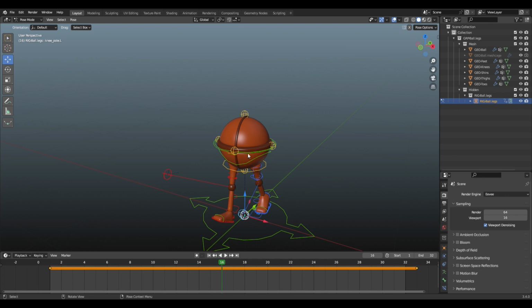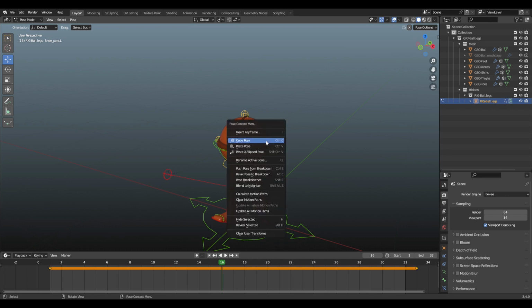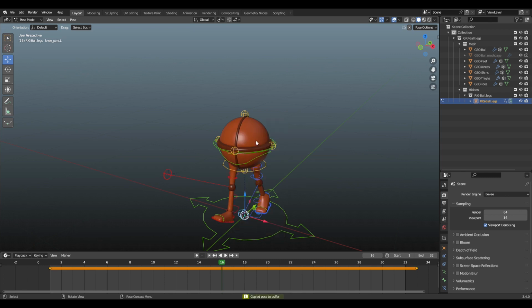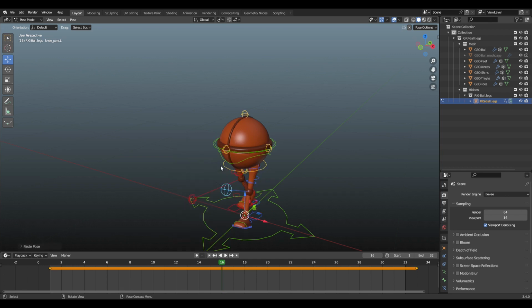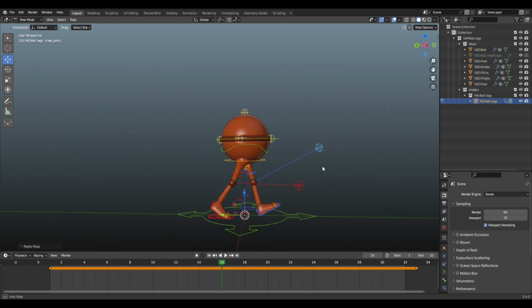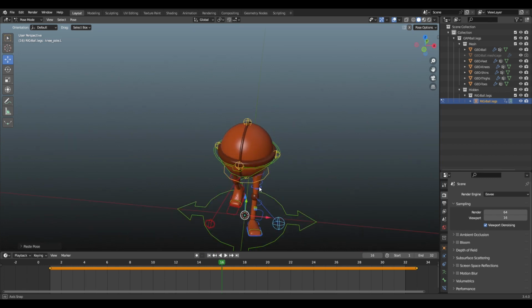doing a little trick where I can right click, and there's the area that says copy pose, and so I copy it, and then I can paste the pose, but if I just press this one, then it would be the same one. So what I need to do is press paste X flipped pose, which basically just flips the pose on the x-axis, which is extremely useful. So I just click that, and it creates a flipped version of that pose. Very useful. And so I can just keyframe that, and now